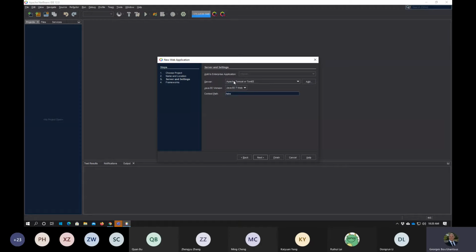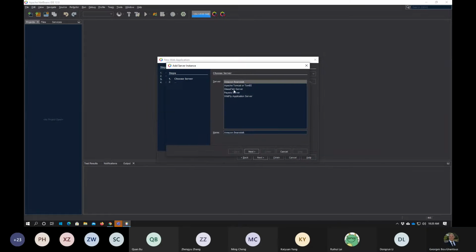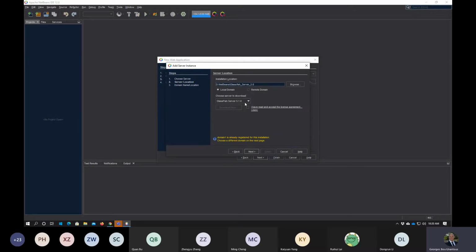It's going to ask you which server. Now I have Glassfish, I have Pariah, I have Tomcat. Okay, I'm gonna keep using Tomcat. For you, just add Glassfish. If you don't have any servers, click on this button called Add. Select the Glassfish server. Select Next, and from the servers, select